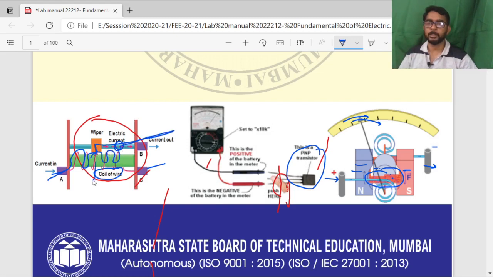Here you will find the length of the coil of wire is less, and for this case the length of the coil of wire is greater. So, as per the formula, resistance is directly proportional to the length. So, length increases, resistance increases; length reduced, resistance is also reduced. This is another point. This point is known as the variable point for the rheostat, and this point is known as the fixed point. Here the whole length of the wire is used, and here, as per the wiper condition, only part of the length of the wire is used.